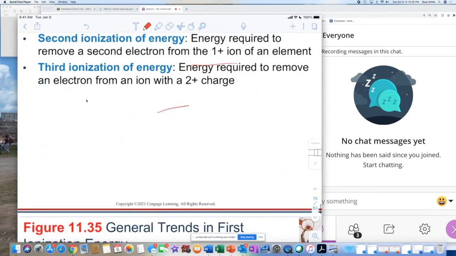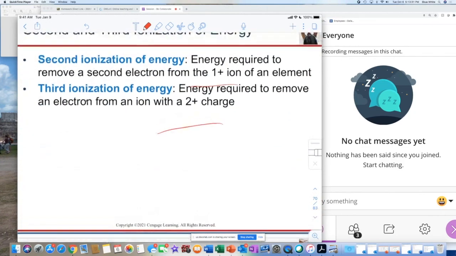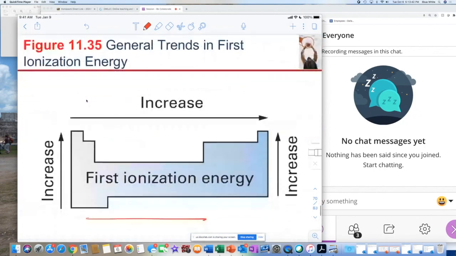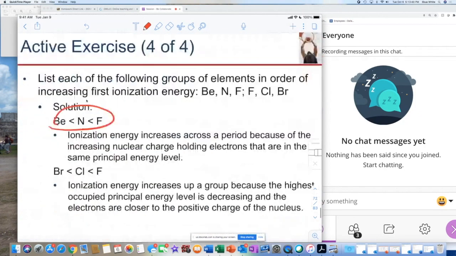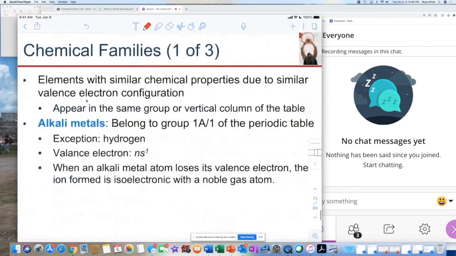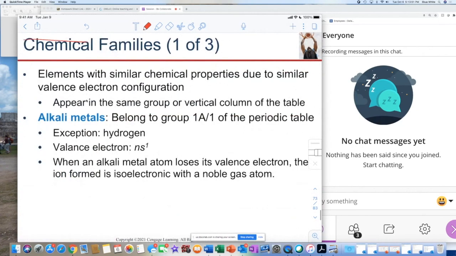I don't think you guys will do much with second ionization energy, but I'll define them quickly. This is just trying to get the second electron out. This one here is trying to get the third electron out. You don't do much with this in this class. That's more like a majors level class. We already did this part here, so we're good on that. When we meet on Thursday, I will start with this slide here. Bring questions